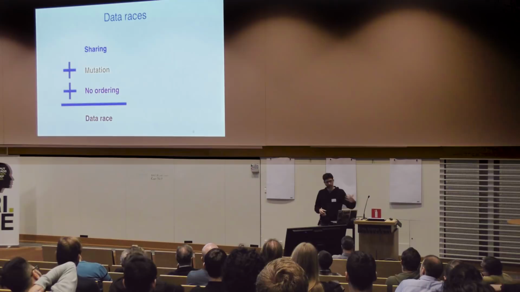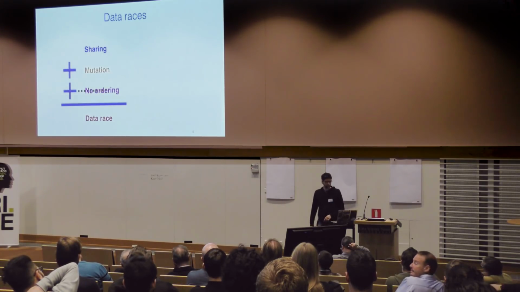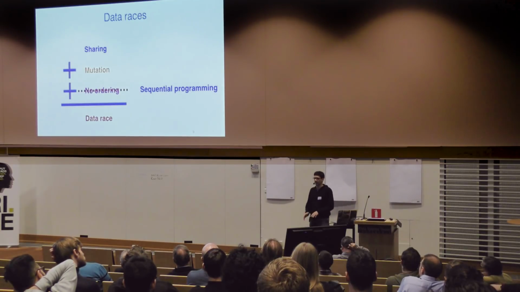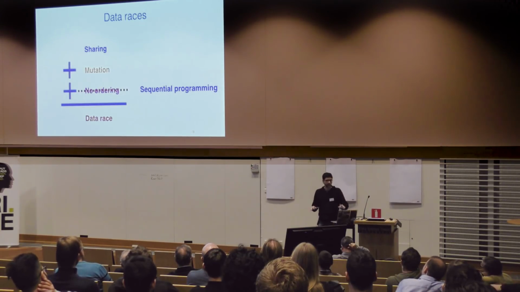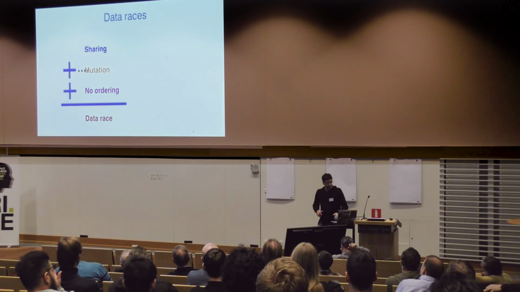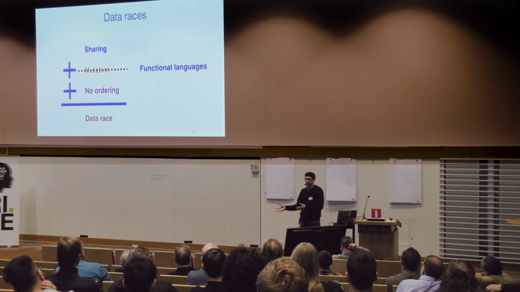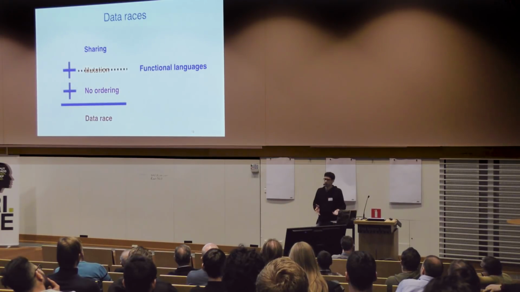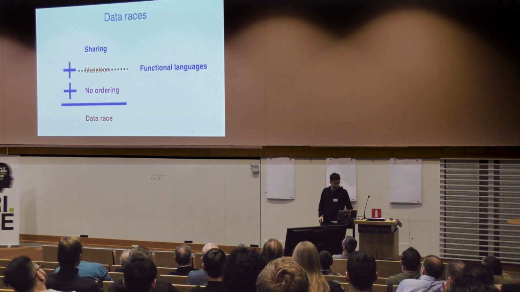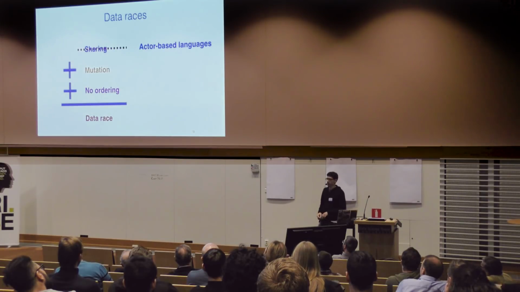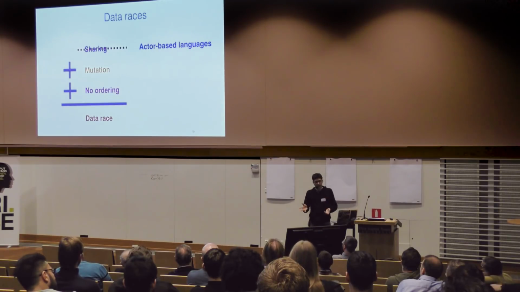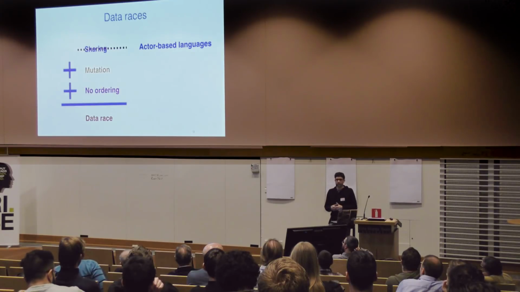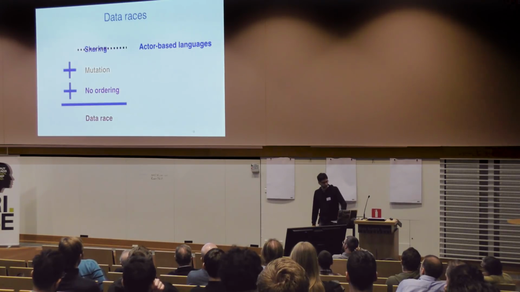And usually the way you can eliminate data races most easily is just to take one of these three things out, right? You could go to sequential programming and say everything is ordered, but that's not so good. It's not what we wanted. You could eliminate all mutation and end up with a functional language, which has a lot of advantages, but also some performance disadvantages. Or you can eliminate all sharing, and that's this actor model I was talking about in the beginning. And that's great, except sometimes you do need to coordinate. Sometimes you have your shared database or whatever else, and we'd like to be able to handle those cases too, right?